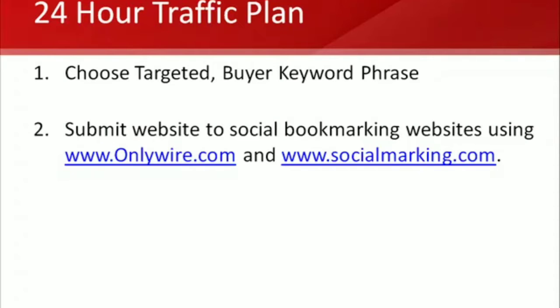Social marketing helps automate the process, though. It gives you a list of an additional set of social bookmarking websites to consider, quite a bit more than the 20 OnlyWire covers. So you find more sites that you could submit your business to, and it will bring up a list where if you just click on the name of the website, it will pre-fill the forms for the